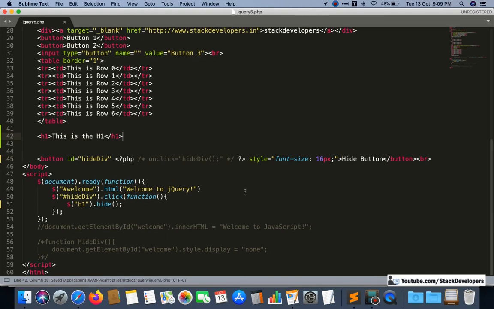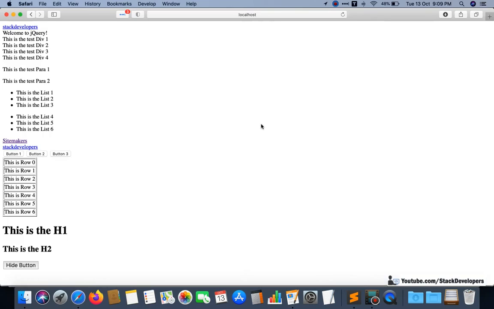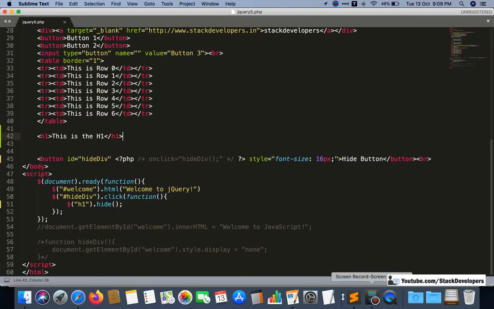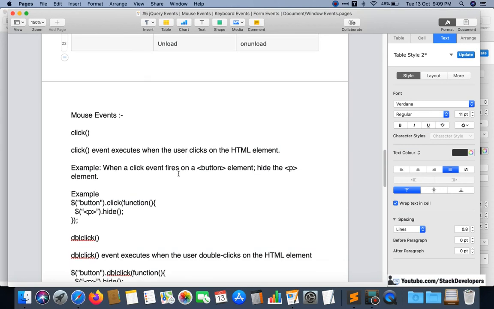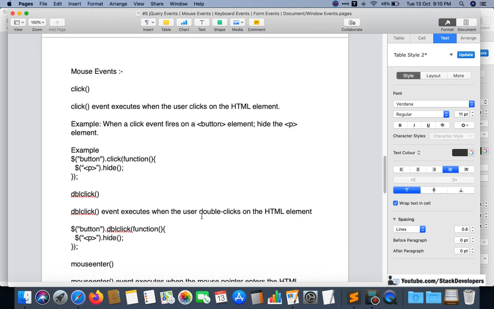So now we are going to do the double click here, okay. So double click, in double click user will click 2 times, okay. See, click executes, you know that on the click event user just needs to click 1 time, and for the double click, user double clicks on the HTML element, then the action will be performed.